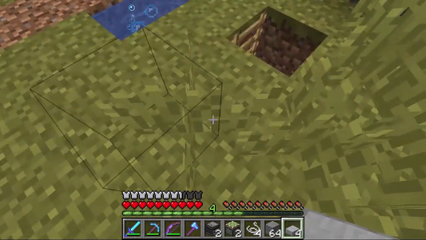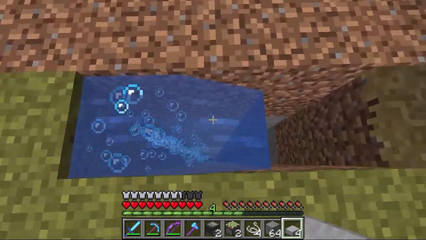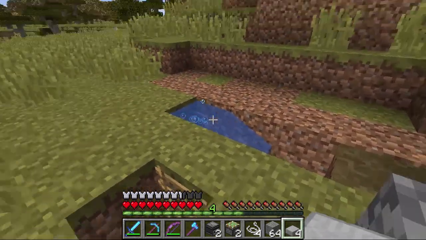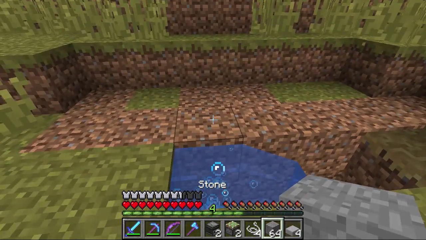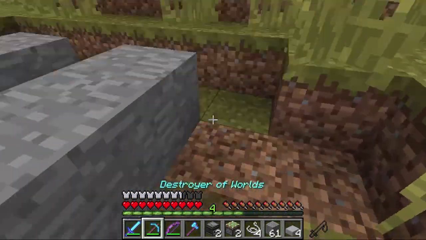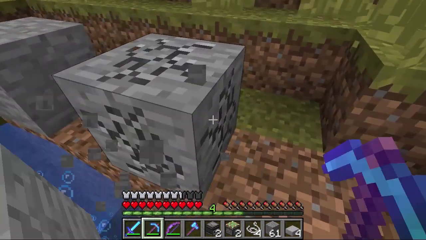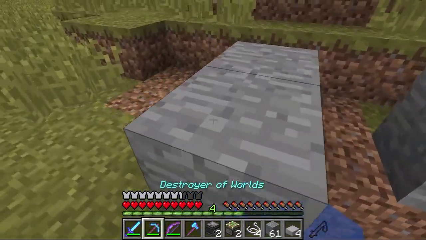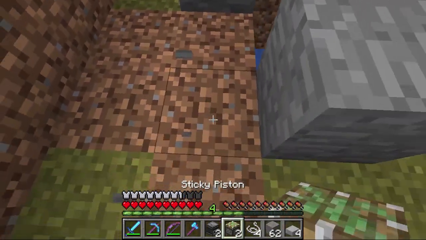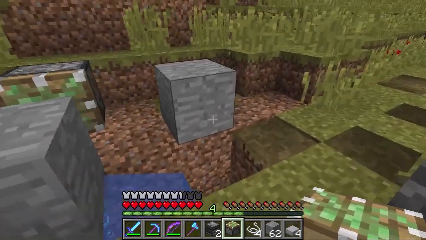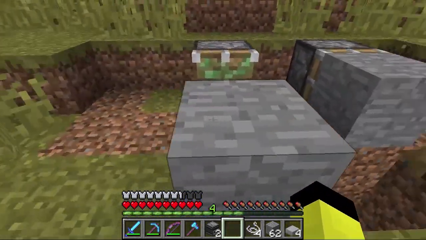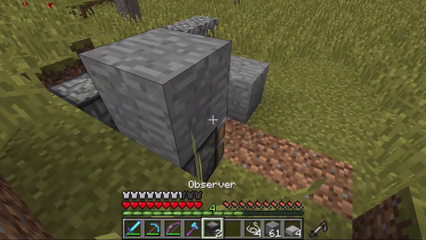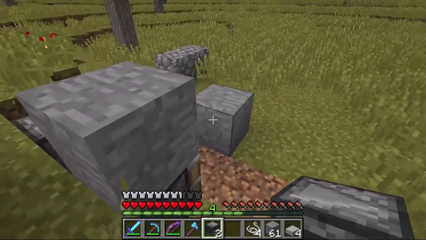Okay, here we go. So I want to make a nice way to enter and exit this thing, and we're going to do that now. So I've got a few bits and pieces here. Let's start by putting in some blocks, and actually that's the wrong way around. So we want a block here and one there like this, and then we'll use a sticky piston here and another one here, and then I think, how do we do it? I think it's like this, and then